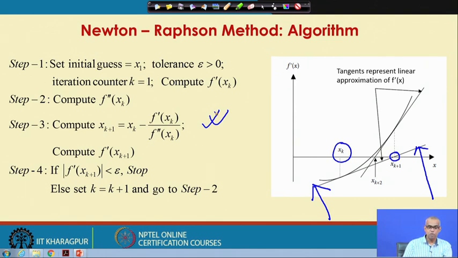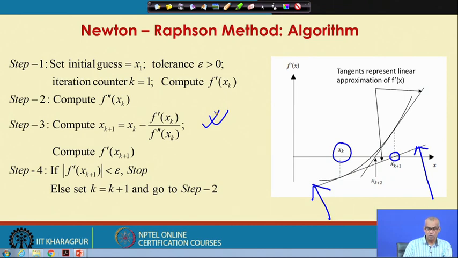Otherwise, if we consider epsilon greater than 0, a large negative derivative will also be smaller than a small positive value. So, you will always consider the absolute value of the gradient for the stopping criterion. So, if the absolute value of the first derivative is less than the set tolerance value, we stop,